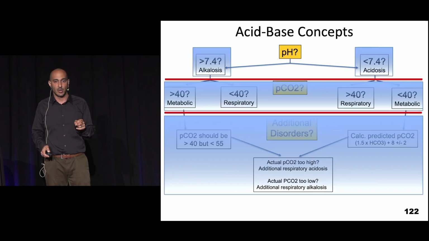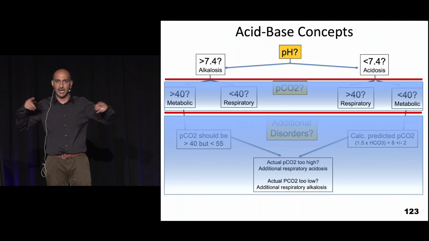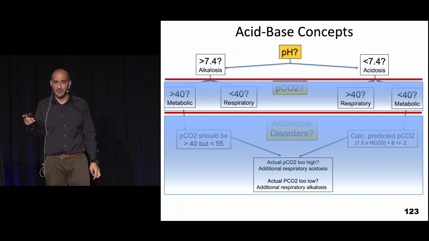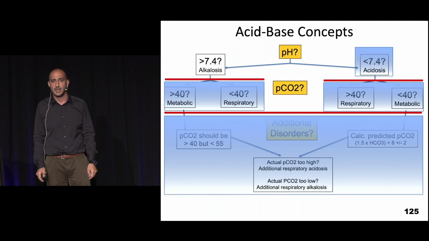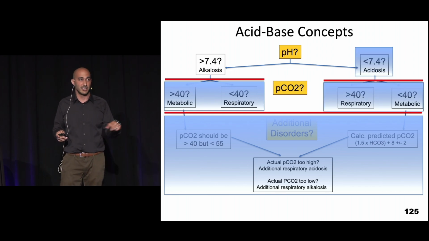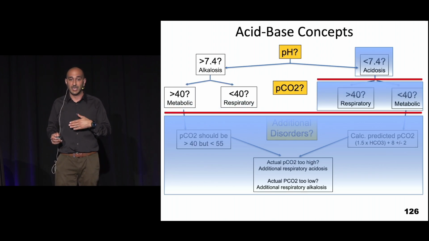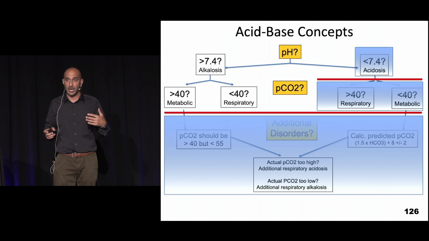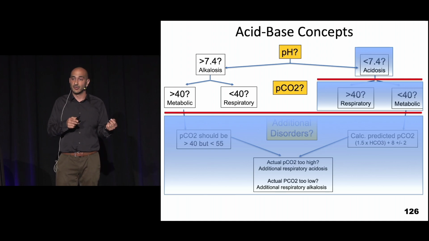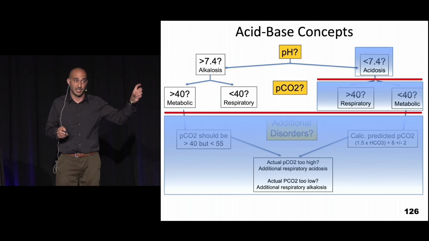The first thing you're going to look at from your blood gas is your pH. That's going to tell you whether you are acidotic or alkalotic. If it's less than 7.4, acidosis; more than 7.4, alkalosis. The next thing we can check is the PCO2 from the VBG. If your PCO2 is low, that means you're blowing off, which can tell you that you have a primary respiratory process. And if your PCO2 is high, then you probably have a metabolic alkalosis, which would correlate